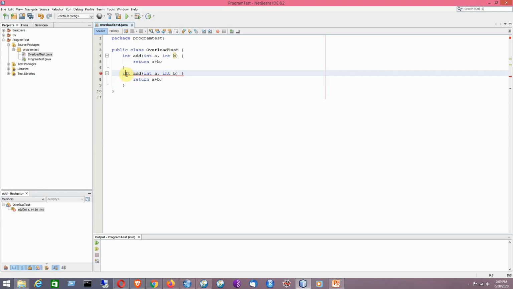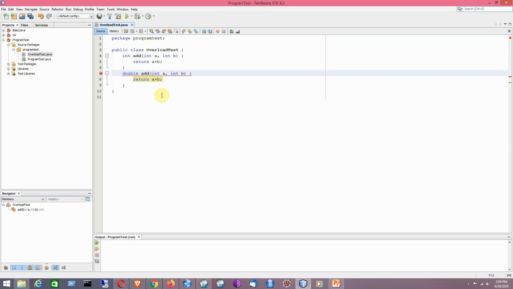I have already mentioned that by changing return type you cannot achieve method overloading. They must be different in terms of the type of parameters, the number of parameters, and the sequence of parameters that I have specified earlier.